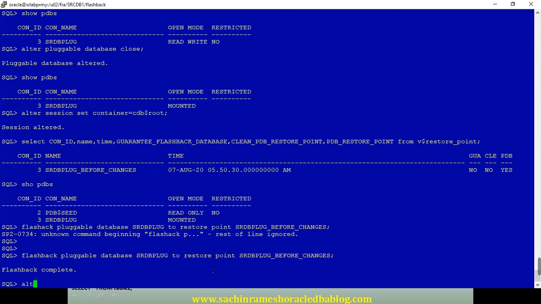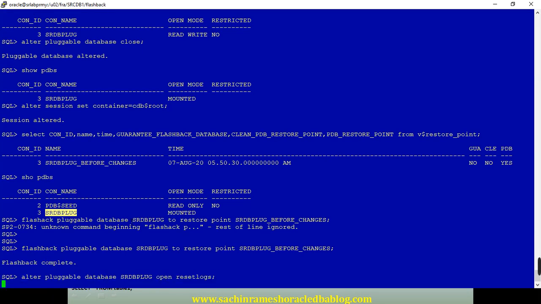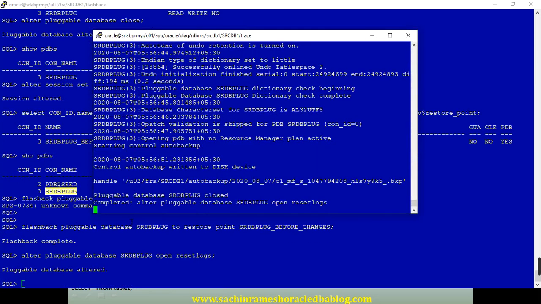Now alter pluggable database open resetlogs. So it is done.